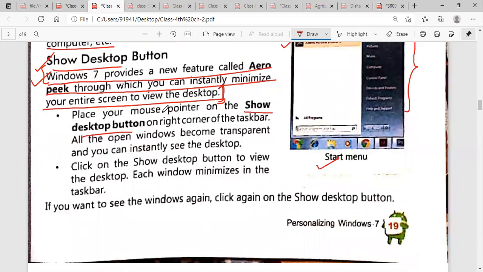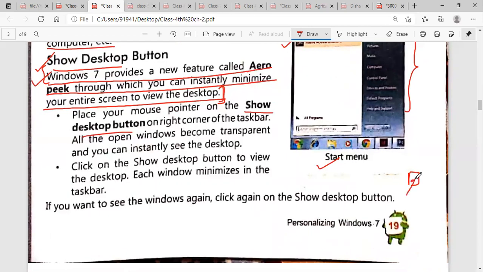Now place your pointer on the show desktop button on the right corner, and all the open windows become transparent. All the programs will disappear, and only your desktop will be visible. Underline the word desktop. Click on the show desktop button to view the desktop. We can use the show desktop button only to see the desktop.